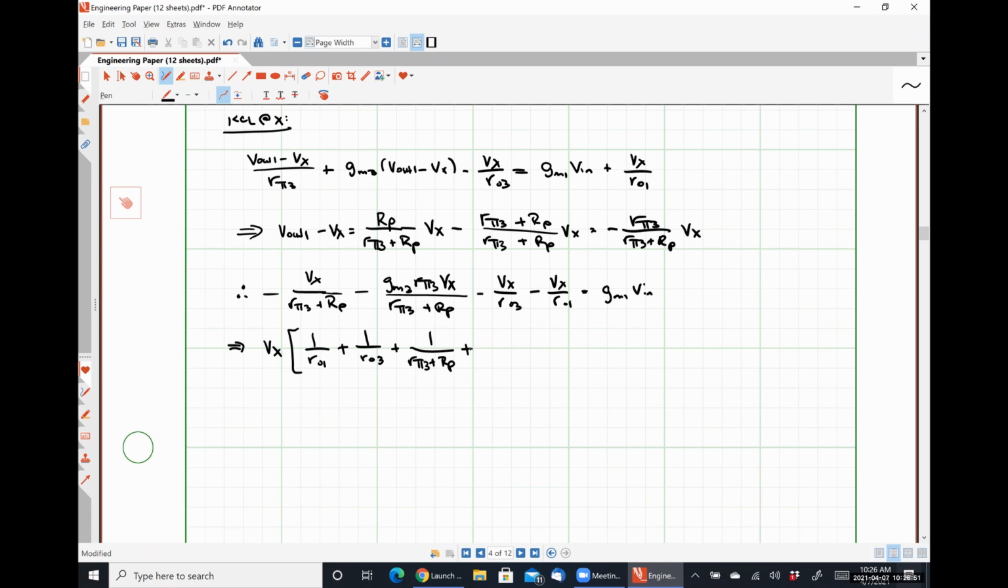plus, and this is where I'm going to do something a little bit strange here. It should be pretty obvious that I'm trying to make all these look like they're in parallel with each other when I move it to the other side. So I'm going to have to do a little bit of algebra here. When I do the reciprocal of this, I'm going to have R pi 3 plus Rp over R pi 3 times GM3, which looks like 1 plus Rp over R pi 3 times 1 over GM3, to the negative 1. So I'm going to put it in parallel with that is equal to negative GM1 Vn,